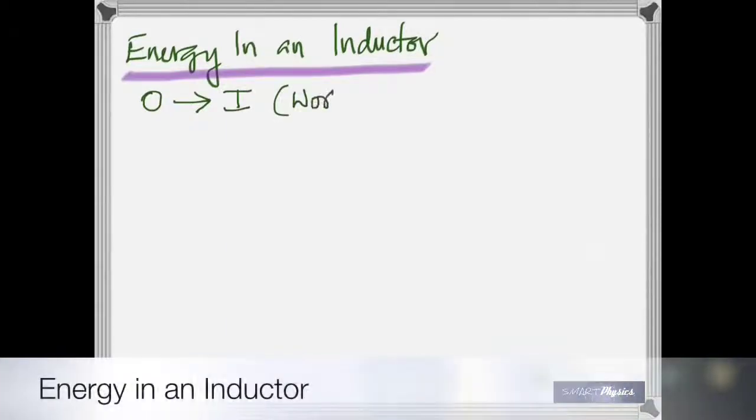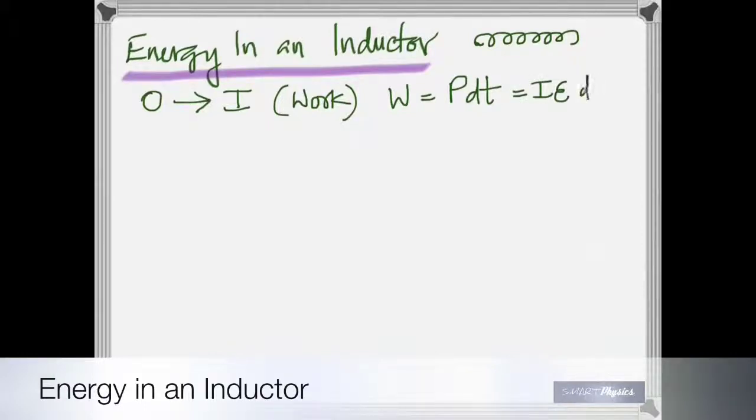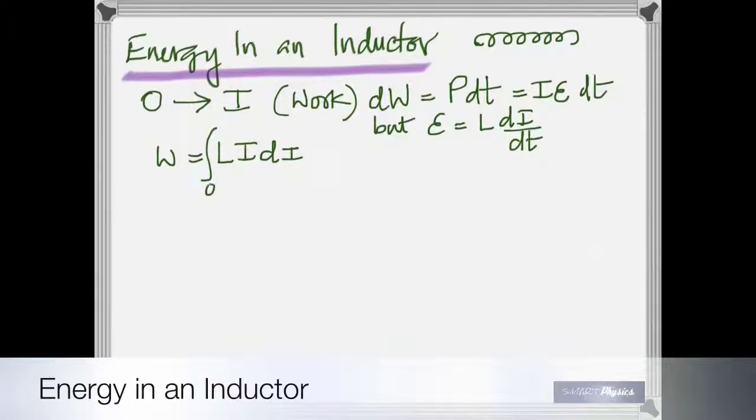So I'm repeating this as a summary. We're trying to find the work required to take the current from 0 to I. Work is P dt. Power is the product of current and EMF. So E I dt. But induced EMF is L di by dt. Just the magnitude without taking the sign, right? Substitute. So now work is the integral from 0 to the maximum, I or I naught, of L i di, which gives half L I